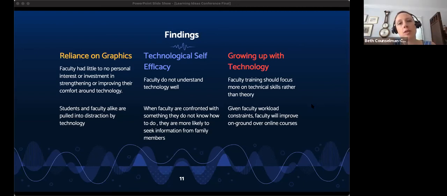And the other piece to that too, I think, goes back to what you were saying, Trevor, about the theory too, which is a lot of faculty are like, this is hard. Navigating Zoom is hard and it's frustrating. So I'm going to go in my office because my students will come there and then we can have a